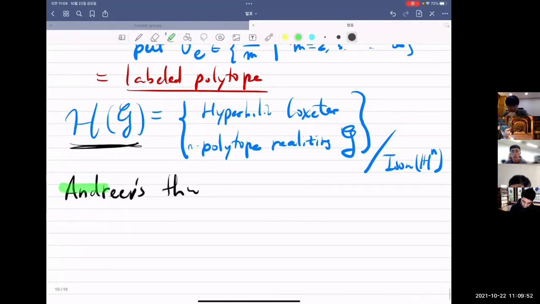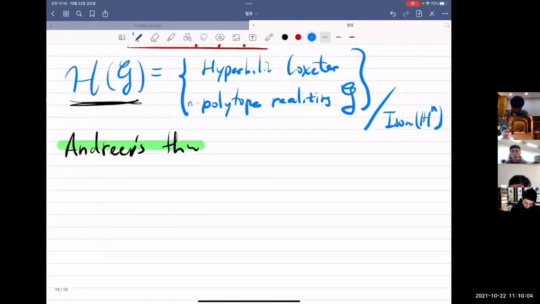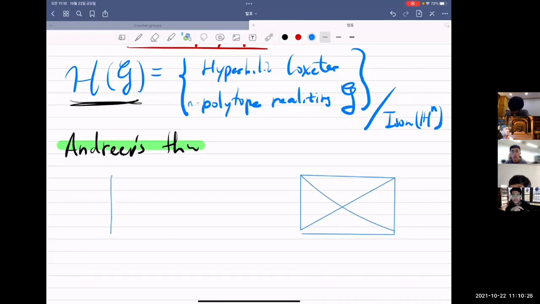So the Andreev theorem. In fact, the Andreev theorem is a really important theorem in hyperbolic 3-dimensional polytope theory. And stating this theorem in full would need some time, so I rather just mention some particular example, which is the following. So let's look at this one, and then